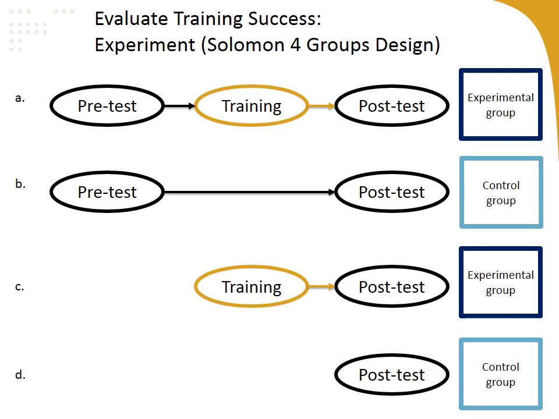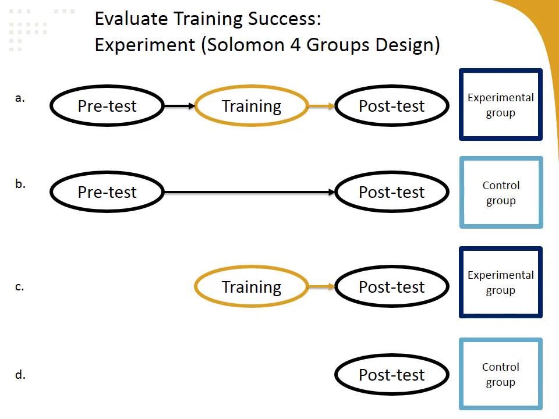So there also must be different levels of the training, or at least one experimental group or trained group and one control or not trained group. And then to meet the criteria for control, the researcher must be able to either experimentally or statistically control for anything else other than the training, in this case, that may have an impact on performance or the outcome of interest. So in other words, we want to make sure that the only thing impacting the dependent variable, or the performance, is the independent variable, or the training.